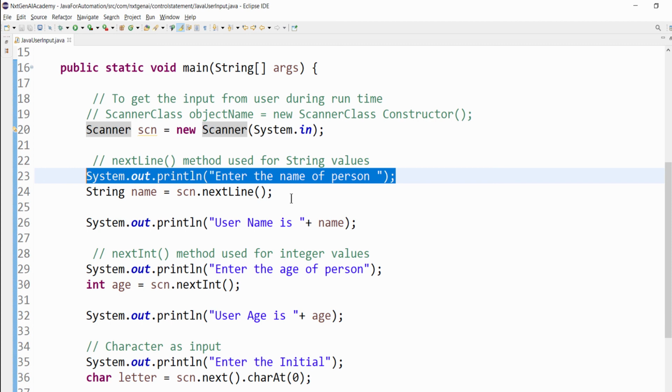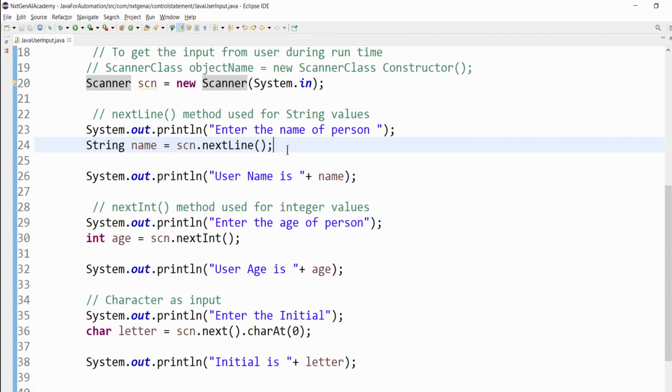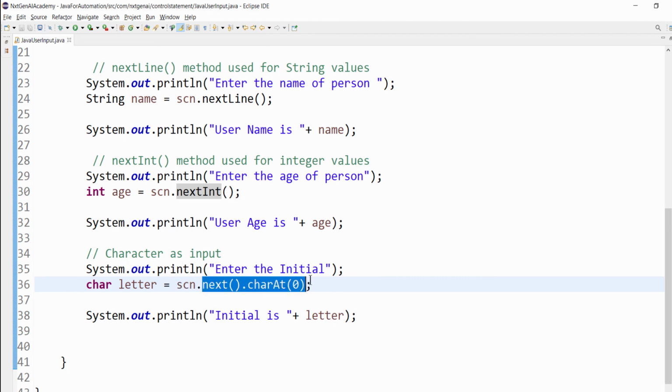Then only we will know that the program is executing. Then to get the value, use this particular syntax. If it is a string, nextLine. If it is an integer, nextInt. And for character, you have to use next dot charAt 0.